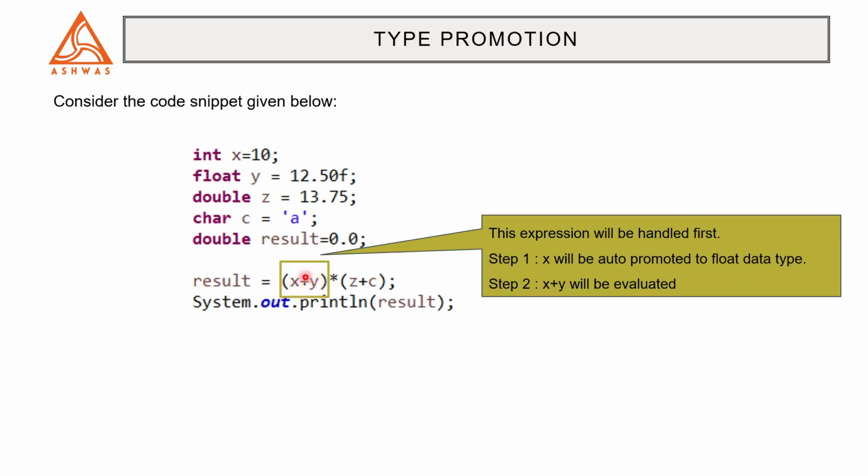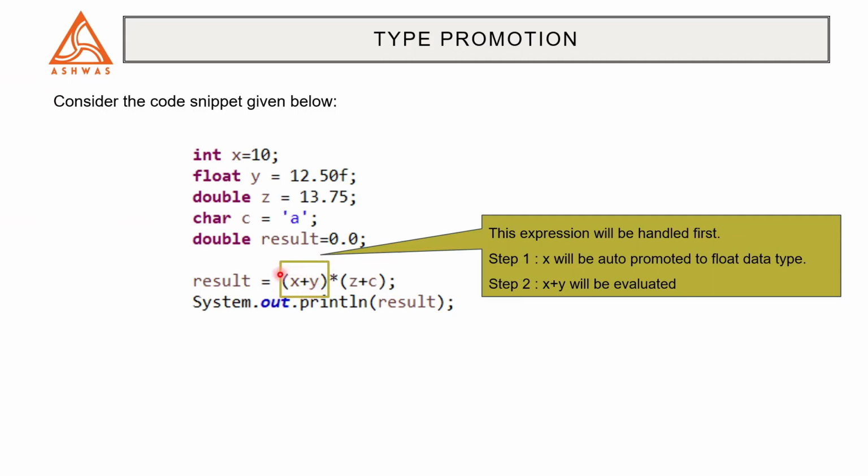So it is going to be this part of the expression which will be evaluated first. x will be auto promoted to the float data type. Now let's take a look at x, which is of the type int, and y, which is of the type float. I want to add these two variables. So x will be auto converted to becoming a float. So internally its value will become 10.0, and then it will be added to 12.50,